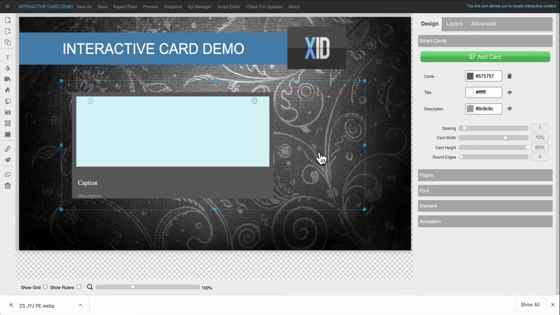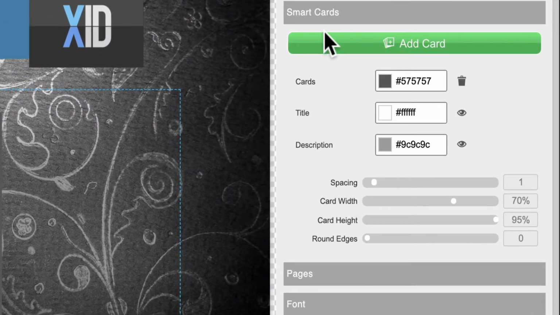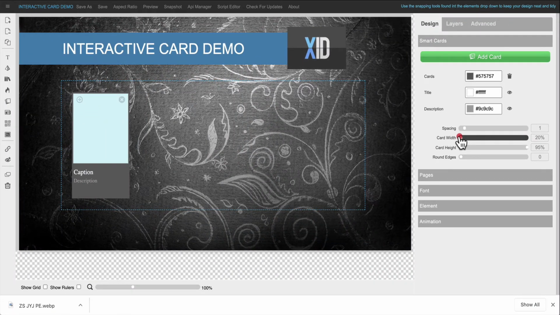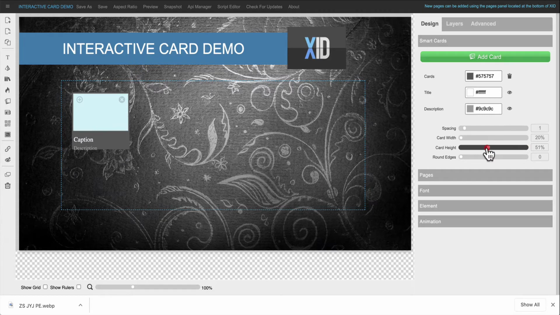I'm going to use these rulers just to set up my grid. I'm going to turn those off now, and I'm now going to go to the card controller, and I'm going to set up the card by setting its width and its height. I'm now going to add a bunch of cards here. I'm going to be looking for 6, so I need to add another 5. You go over here and you add a card,